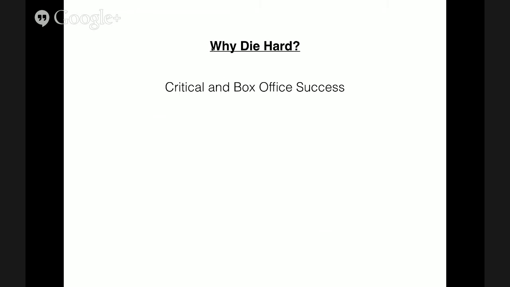But why Die Hard? First of all, by our definition, we're trying to expose the pattern in successful movies. This movie was very successful, both critically and at the box office. It created not just an action genre, not just a franchise, but a whole genre. If you look at the pitches that happened after Die Hard came out, even for the next 10 or 15 years, I'm willing to bet they have Die Hard on a boat. It's Die Hard in space. It's Die Hard on ice. Basically, it's a genre-defining movie, and it redefined the action movie to be bigger, deeper, and more three-dimensional than they had been in the past.